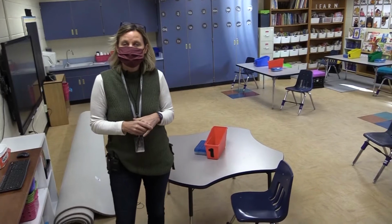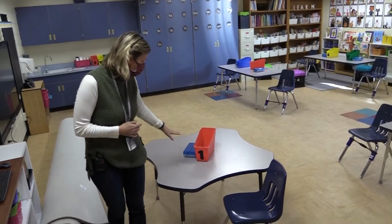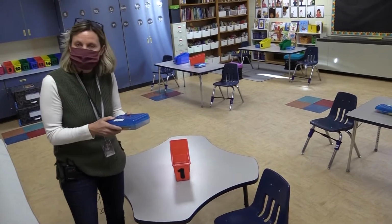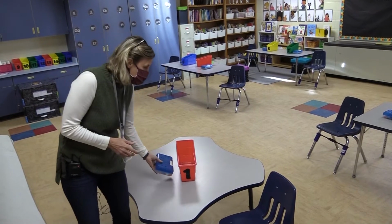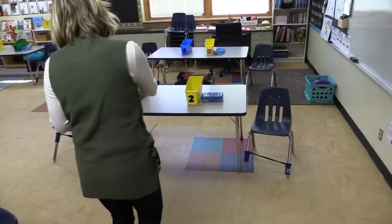So this is a model classroom that we have set up, and you'll see a couple things. Each child will have their own book box or material box, and then their own supplies. So we'll not be needing to share anything. There will be, depending on the space and the size of the tables,